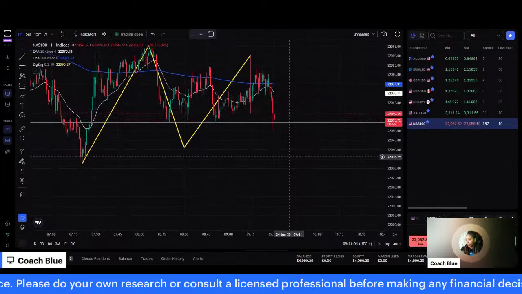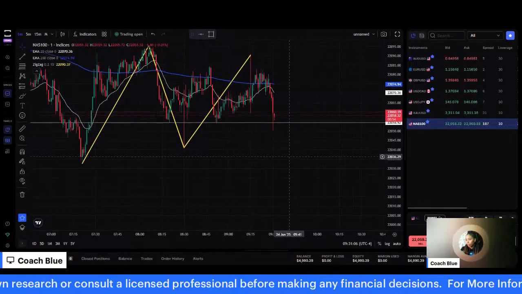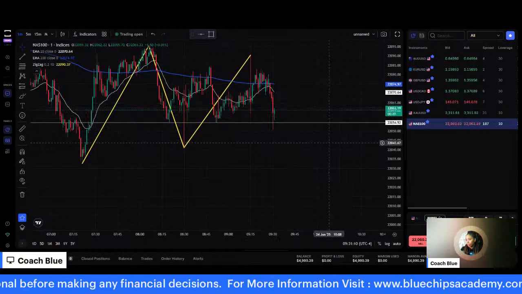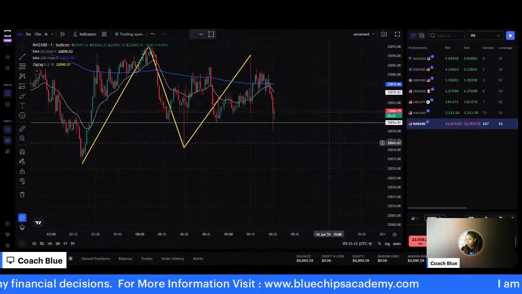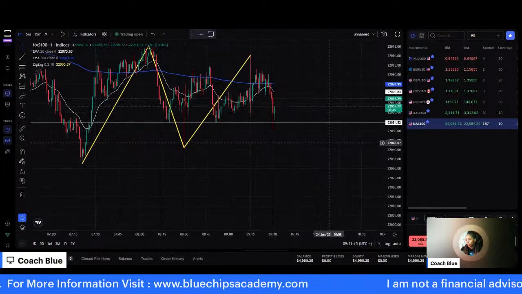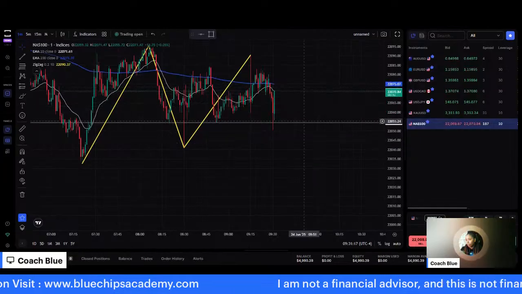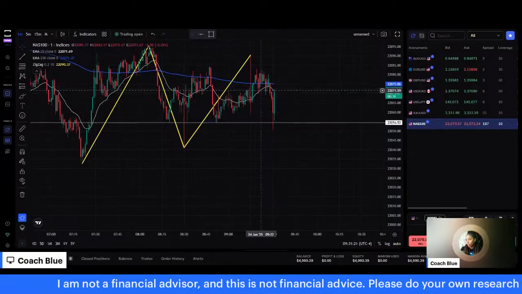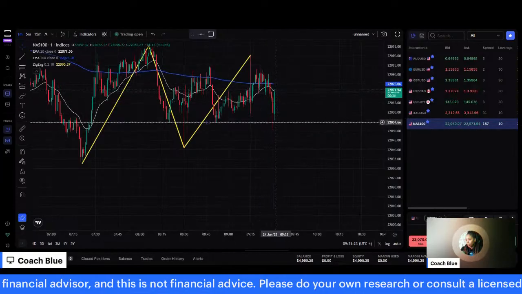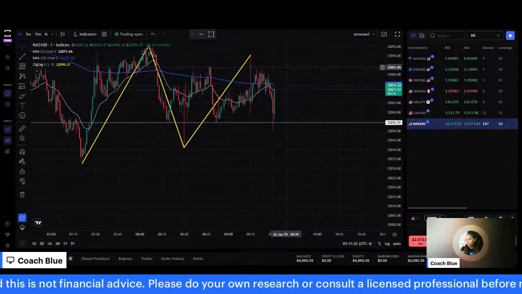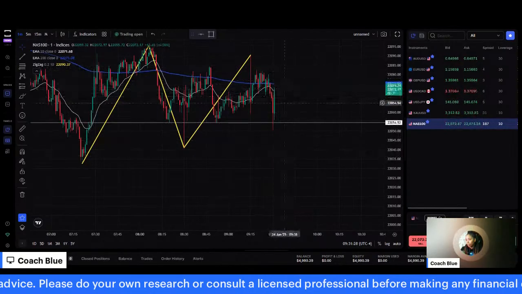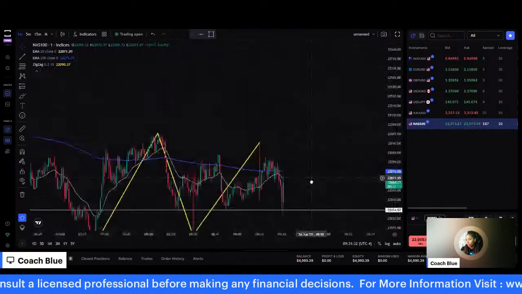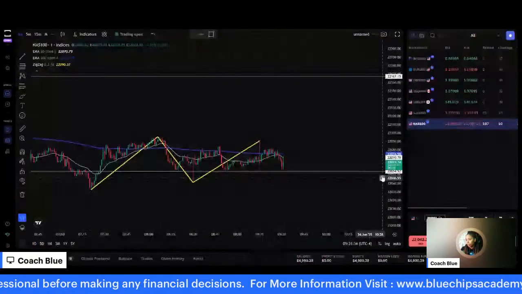All right, so it looks like the bears are trying to push the price down. Bears just means the sellers, and bulls just means the buyers, for those of you all that aren't familiar. Okay, we're finding some support here. Remember, when price comes down to the floor and we go up, that's support. That's the floor. Let's see if it can continue to push to the upside, though.